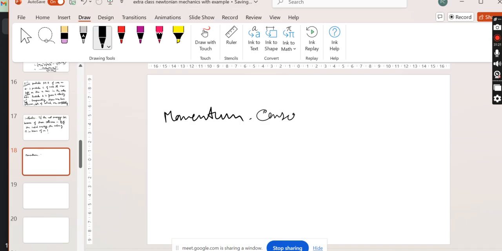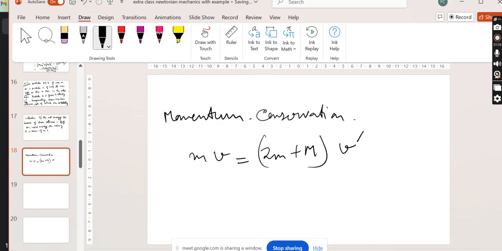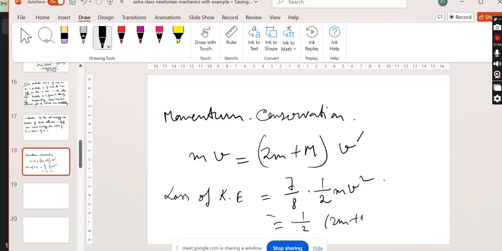By momentum conservation we get m small v, and after two collisions, both inelastic, the mass became 2m plus capital M with velocity v dash, and loss of kinetic energy is 7 by 8 of initial kinetic energy. Initial kinetic energy was half m v square. So this is basically half of 2m plus capital M v dash square minus